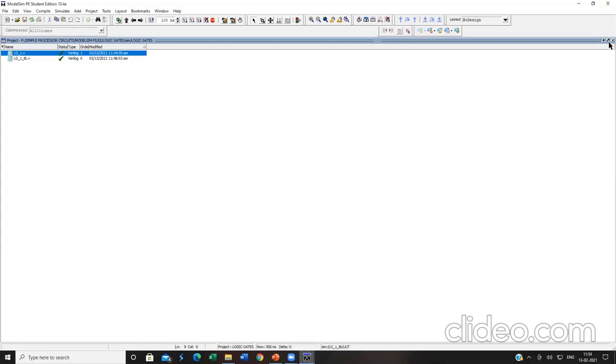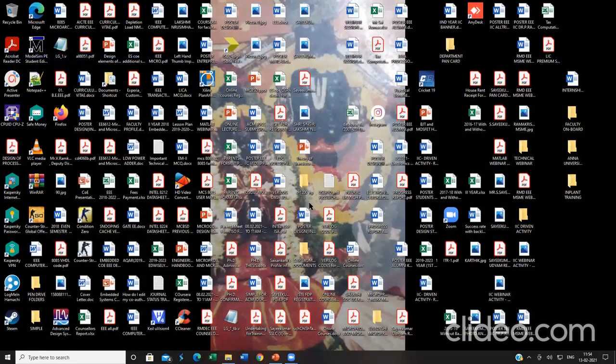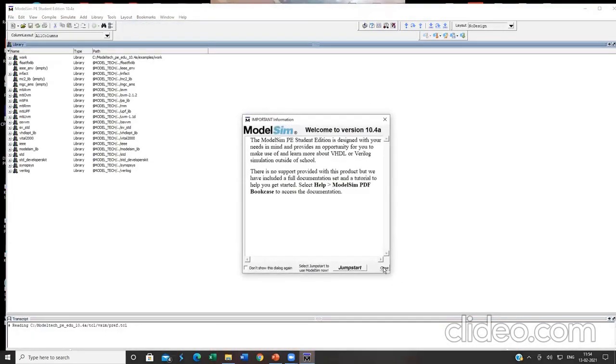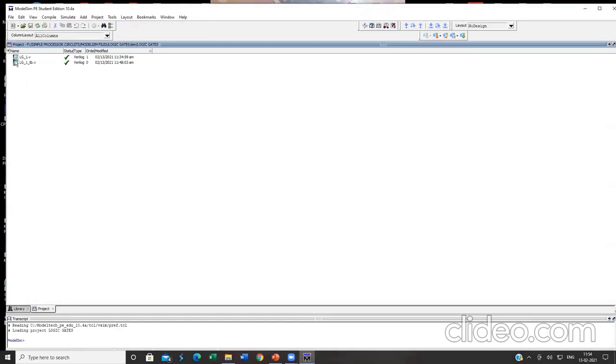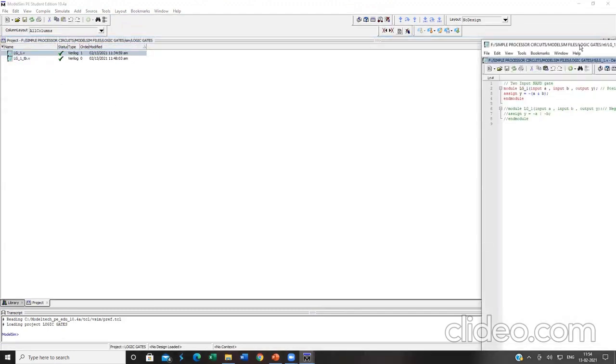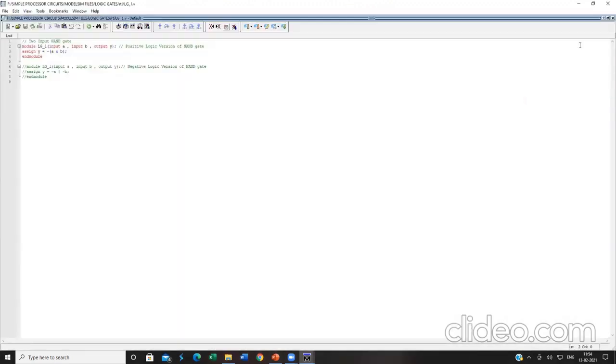Okay, let me close this. Let me right click this LG_1, click on edit, and double click this top portion, it gets expanded.